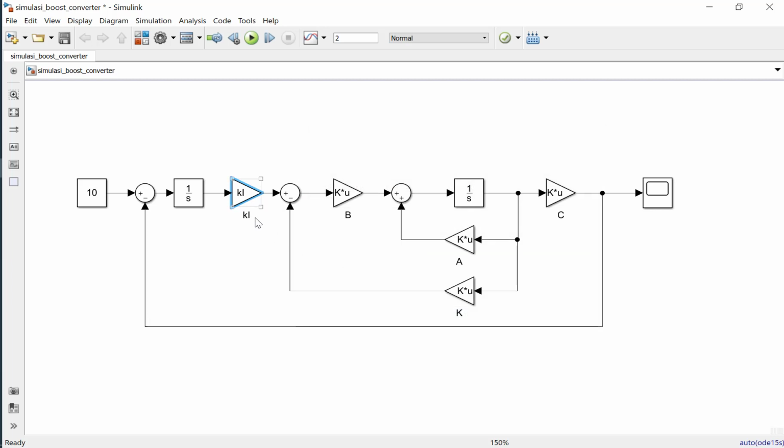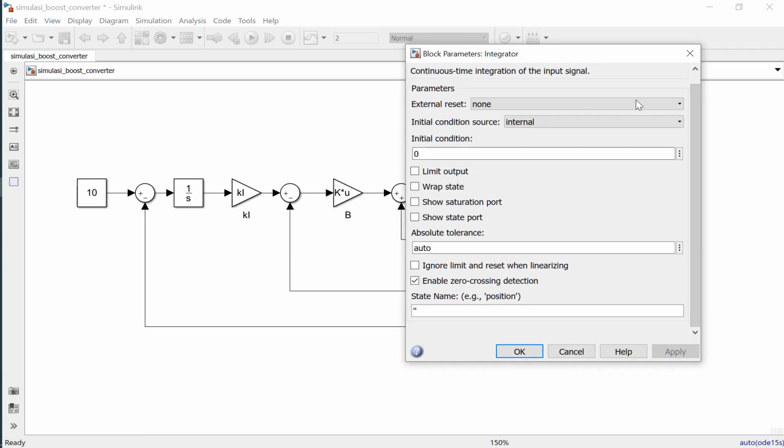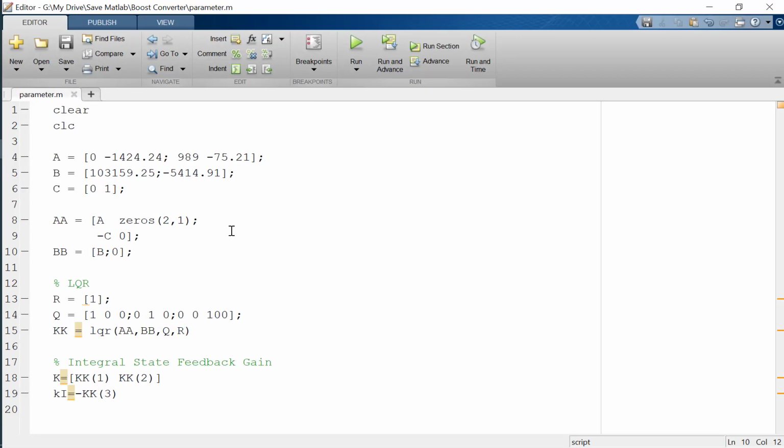Okay, and then this is the set point. The default value in the integrator is 0, and then this is the program. You can see this is the A matrix, B matrix, and then the C matrix. We need to make this matrix for the integral state feedback system here, the double A matrix and then the double B matrix.